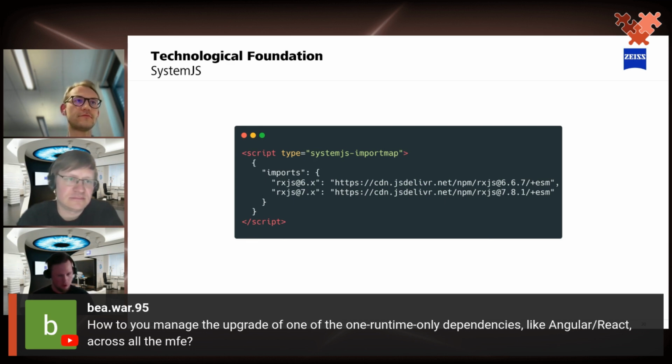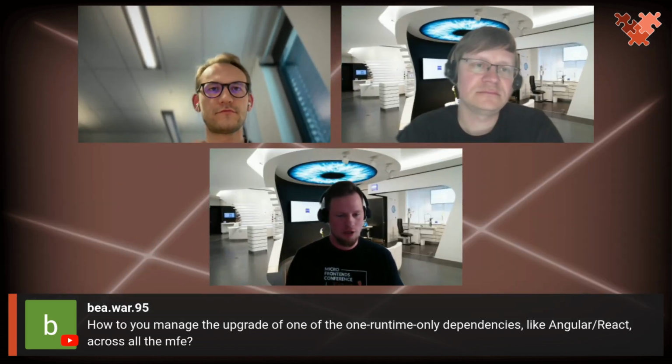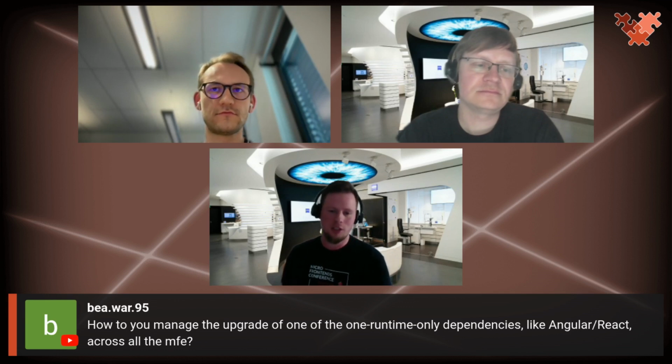Yeah, so we talked about this already. What we are aiming for is to have a short period where we want to use both in parallel. So it should be possible to use, for example, Angular in version 16 and 17, because in our process, it's really hard for teams to even make a hotfix. This is already quite expensive because there's this regulatory process which you need to fulfill. You need to provide documentation and things like that. There's, of course, QA you have to pass, system verification, and so on. So what we're aiming for is to have them both in parallel, at least for a short amount of time,